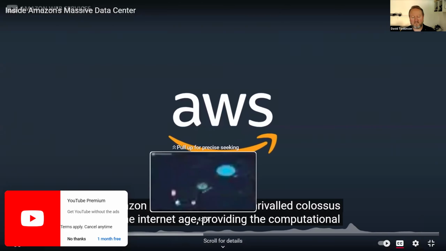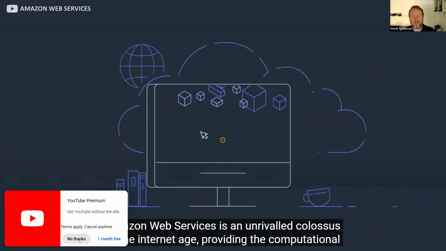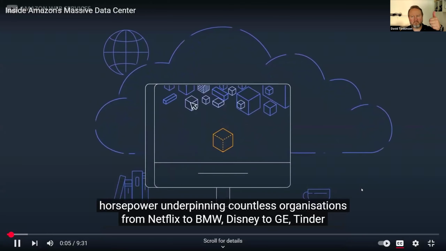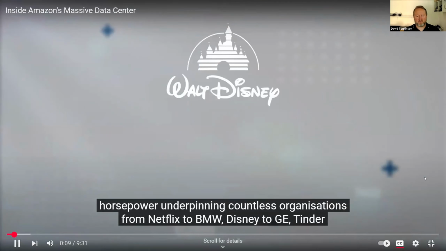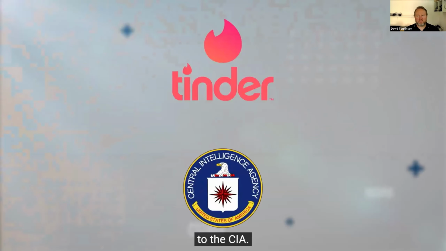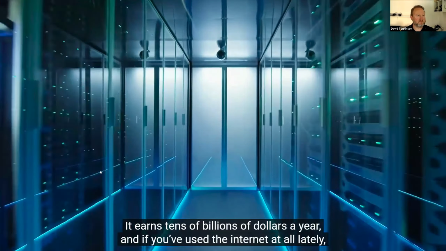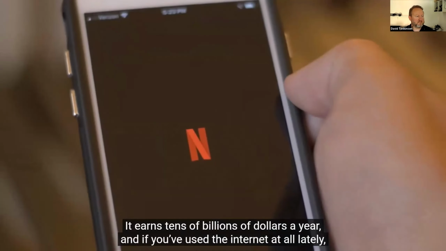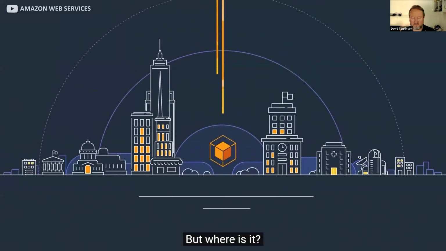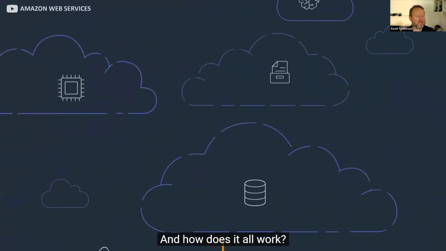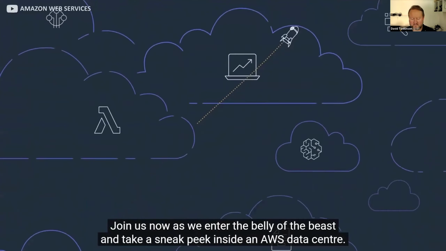Amazon Web Services is an unrivaled colossus of the internet age, providing the computational horsepower underpinning countless organizations. From Netflix to BMW, Disney to GE, Tinder to the CIA. It earns tens of billions of dollars a year. And if you've used the internet at all lately, you've probably used Amazon Web Services without even knowing it. Join us today as we enter the belly of the beast and take a sneak peek inside an AWS data